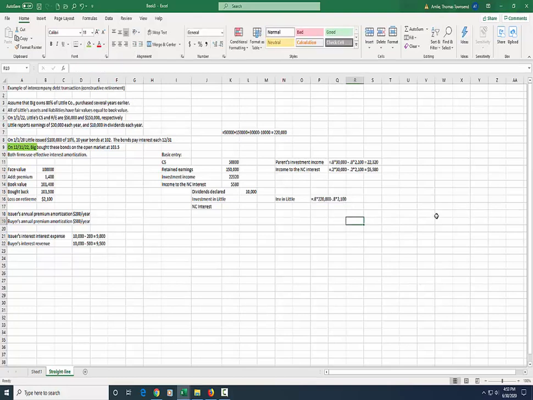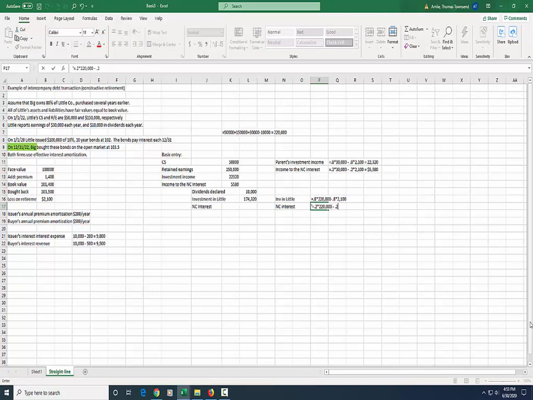220 minus 2,100 is 217.9. 80% of that is 174,320. Likewise for the non-controlling interest, they're going to get their share, 20% of the $220,000,